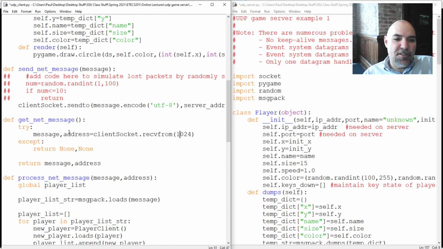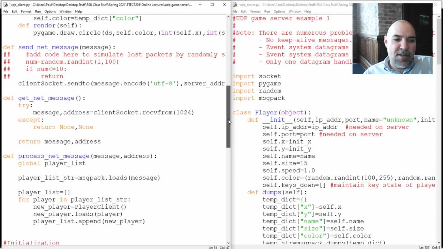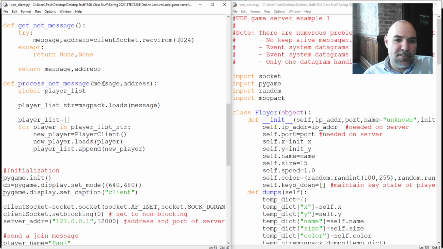and I get the message and the address of who that message came from. Or if there was none available, I get nothing. I get none and none. And then I return those two things. And now the process net message function takes one of those messages and that address that came in from here,